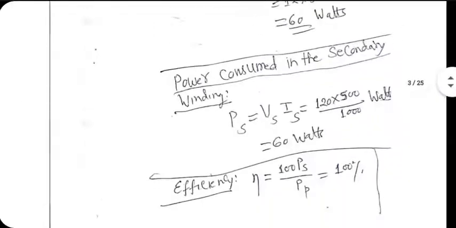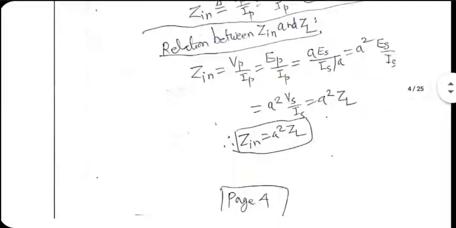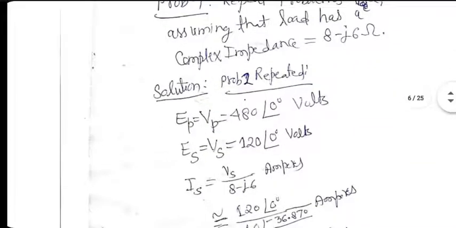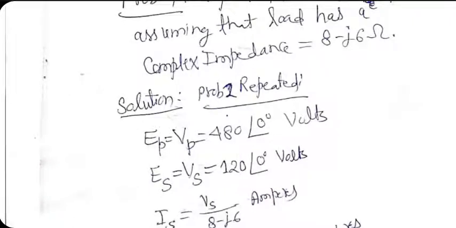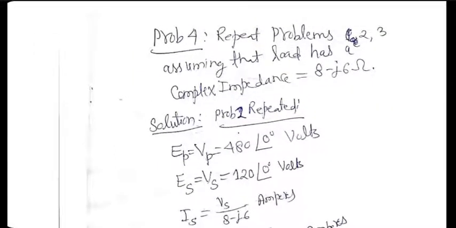Now let me get back to the actual solution to this problem. Yeah, transformation is fine. Here, EP and VP are 480 volt, and we have put 0 degrees to make it complex. And ES and VS will be obviously 1/4 because that was the turns ratio. Turns ratio was 4. Okay, and we will assume 0 degree phase shift when the transformation is happening. That means we are assuming dot convention where both the dots are on the top. That is what we assume by default.